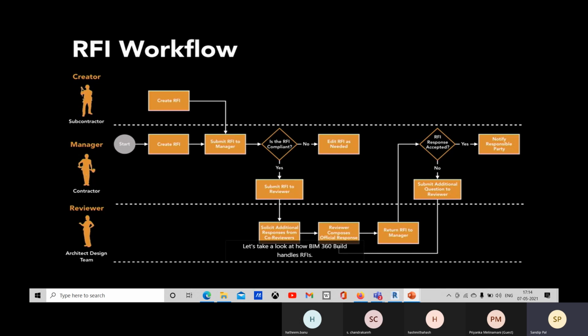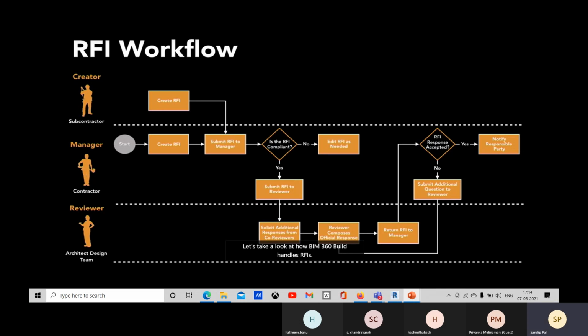Whoever is the creator, maybe the subcontractor or any team member, will create the RFI, raise the question, and it will be submitted to the manager. That may be the BIM manager or the project manager.